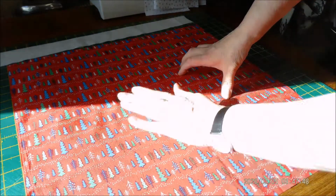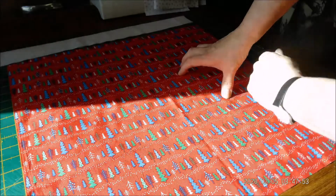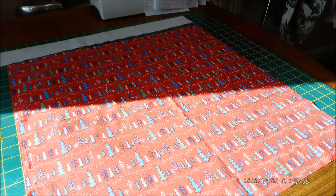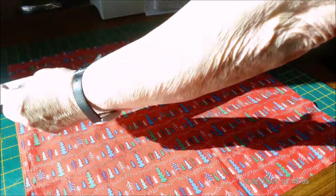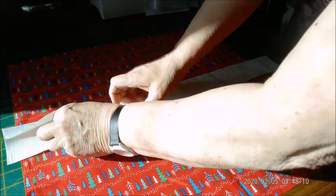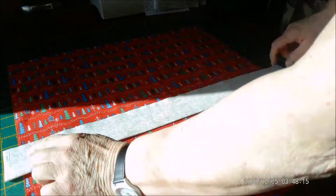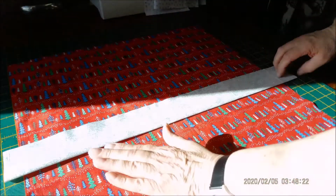My front is the only one I want neat and tidy, and that's 21 by 21 because I'm doing a 1/2 inch seam out, so it makes it a 20 inch because I've got a 20 inch cushion. So that's my front. This is the bit that hides my zip, and this is 5 inches folded in half and pressed. I like my back to be longer, because I use this as a template to sew the back